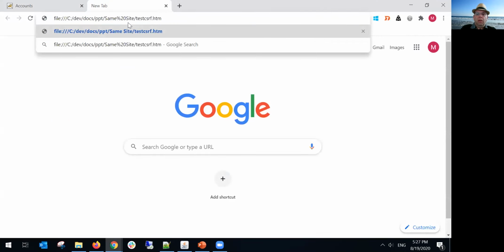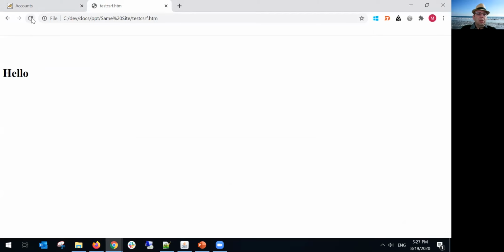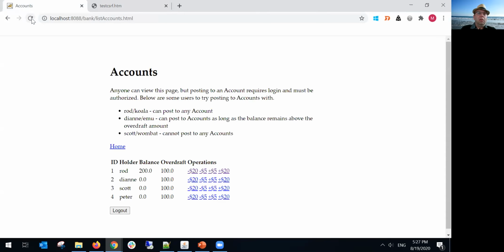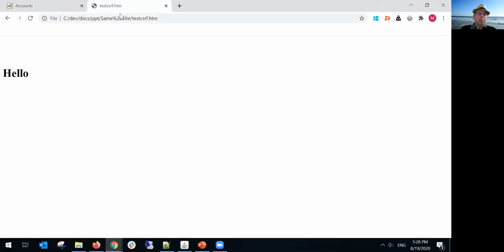I open a newspaper in an additional tab. Okay, I just open some additional tab, and what happened? I go to my account and I see, wow, I have only 100. Where is my money? Where is my money? This money was just stolen by a CSRF attack. How was it possible? It was possible because